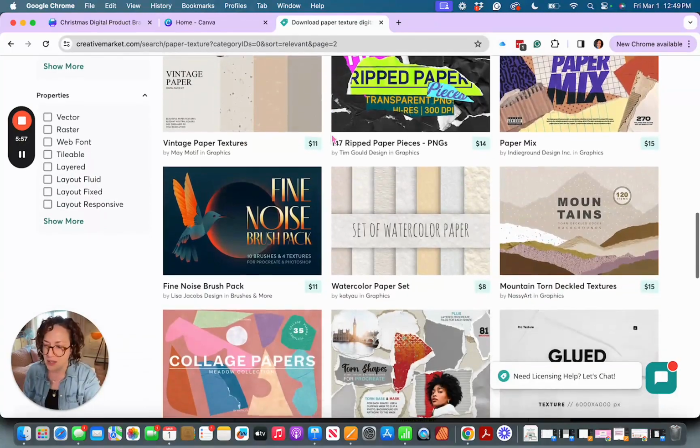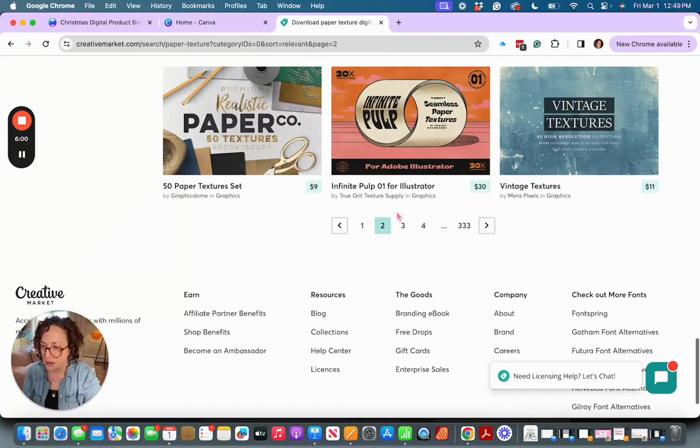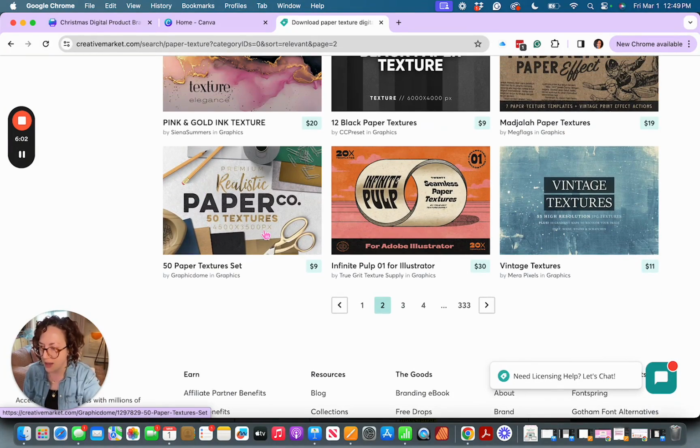It could be that your taste is different than mine and you want to be true to your own unique style, okay? So you can look for craft papers, kind of like a cardboard look. You can have like a linen type texture or just a paper grain. So yeah, feel free to get creative with it, but those are always going to be the main 5 things that I am planning for before I begin my design. We have our clip arts and our patterns, our fonts, our lifestyle elements, our backgrounds, and then our papers and textures. Okay, so now that we have all of this out of the way,